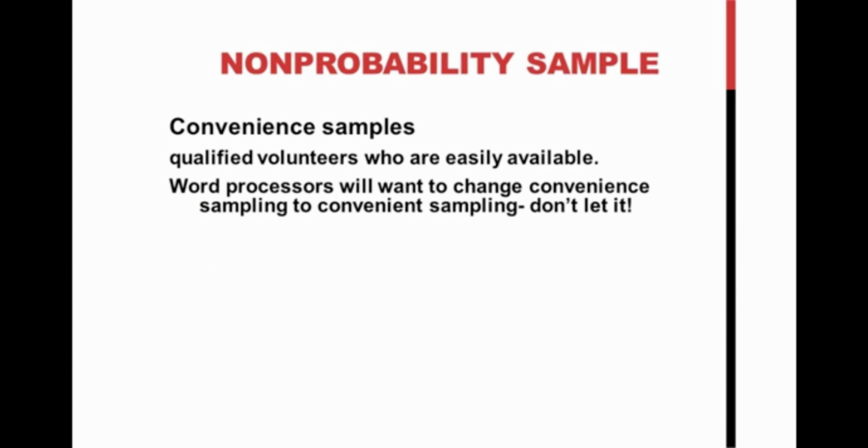The type of non-probability sampling that you're probably actually most familiar with is the idea of convenience sampling. And this is where we get people who are interested to become participants to just volunteer their time. These people are generally conveniently located to the researcher in that they're either friends, family, acquaintances, or in their nearby